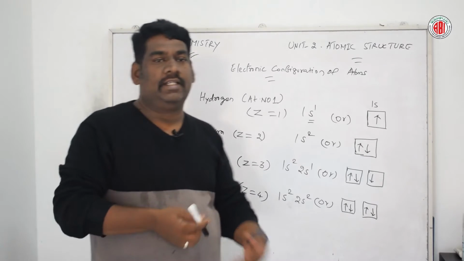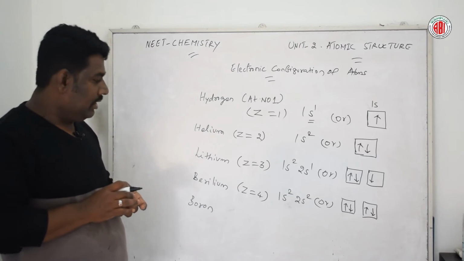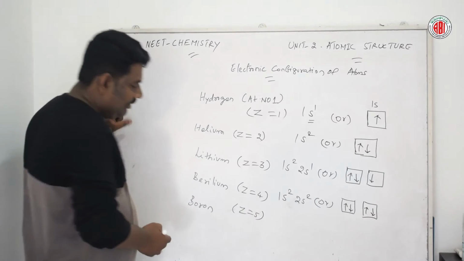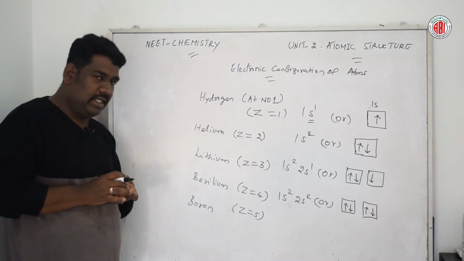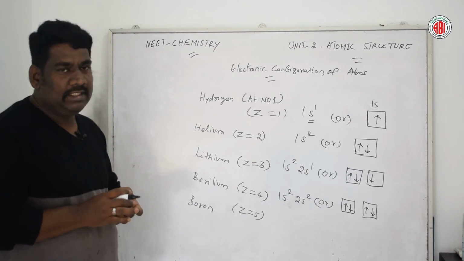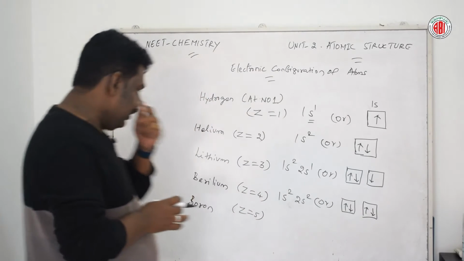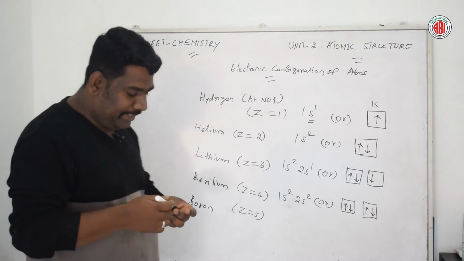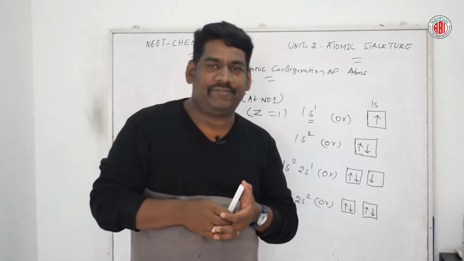Okay, next talking about boron. The atomic number for boron is Z equal to 5. Now, talking about the s orbitals, the 1s orbital and 2s orbital are totally filled. The one remaining electron can be accommodated in the p orbital, so that can be expressed as 2p. And as we know, in the p orbital there are 3 different types of p orbitals we classified: p of x, p of y and p of z.